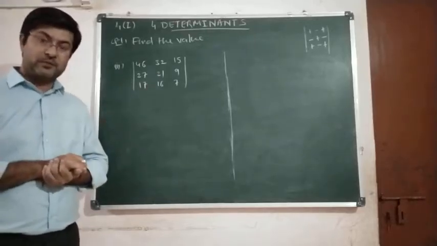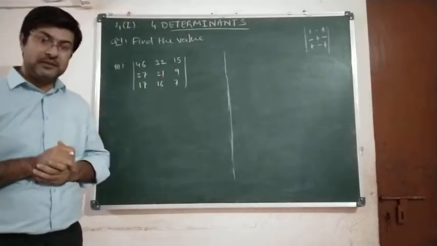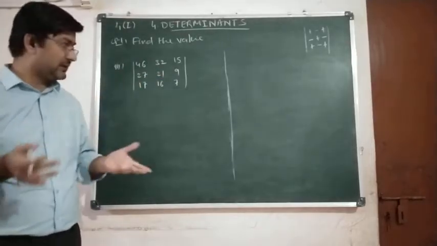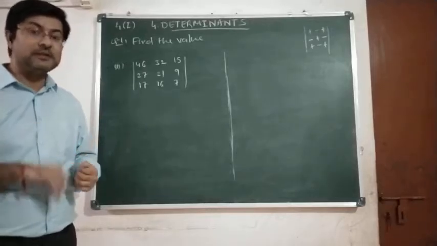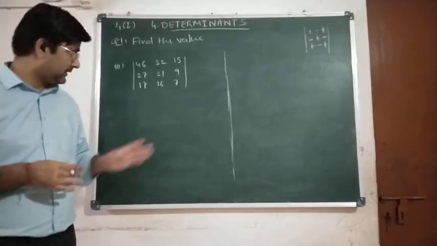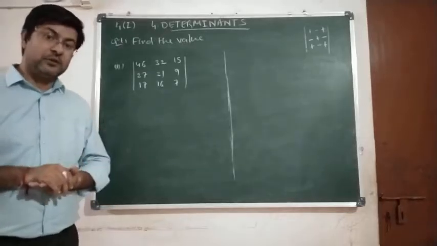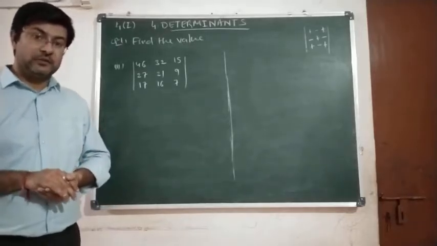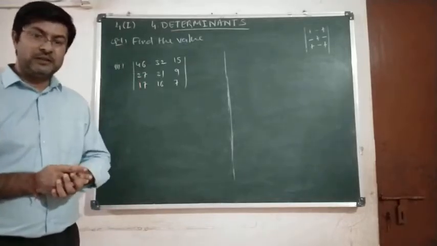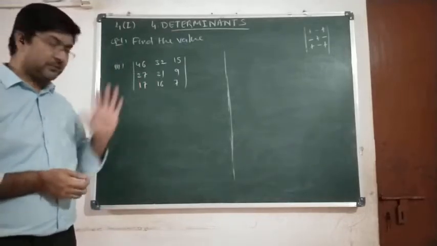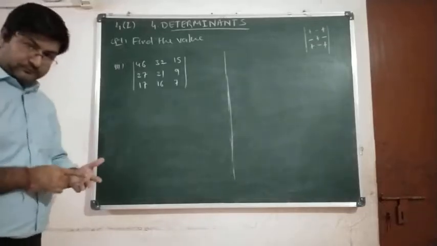The purpose of using the properties is to simplify the values inside the determinant. The smaller the values we get, the more easily we can expand the determinant, and we should always try to bring zeros if possible, in any one row or column a maximum of 1 or 2 zeros, because the more zeros there are, the easier it is to expand the determinant. Clear? So here see what I am doing.